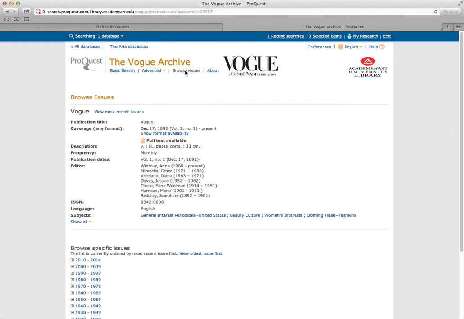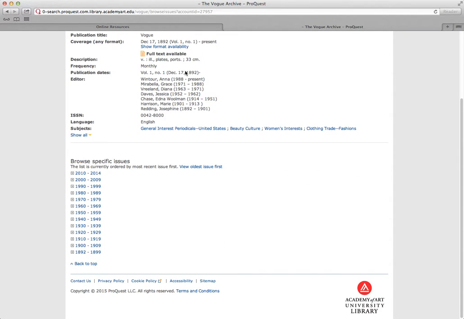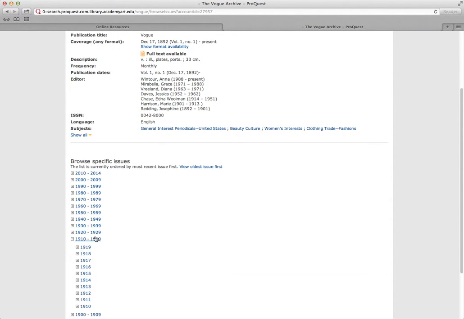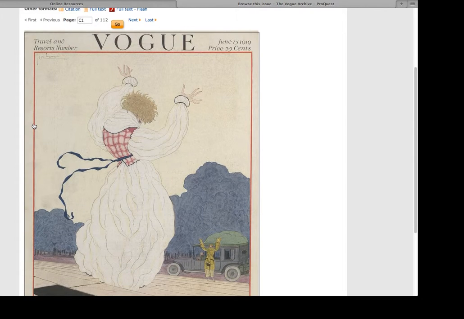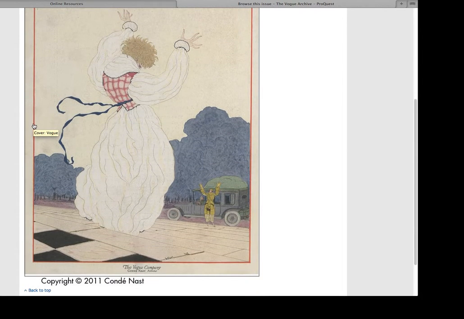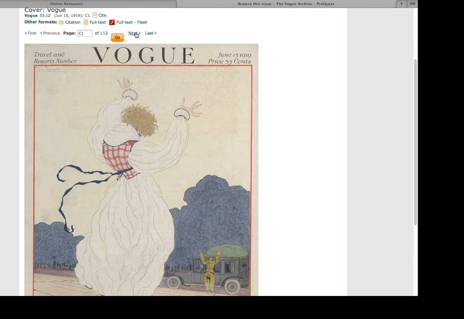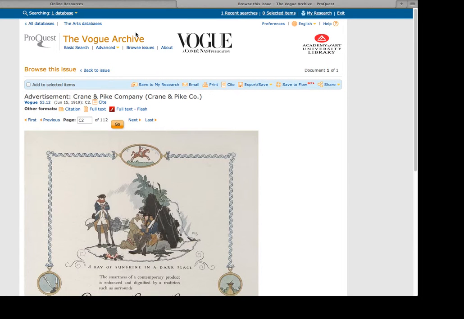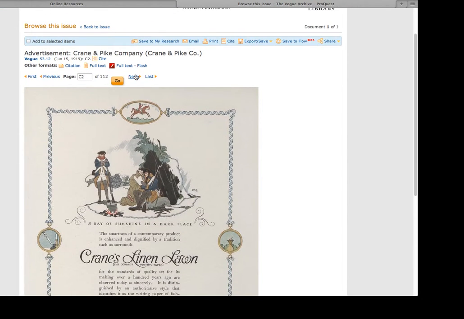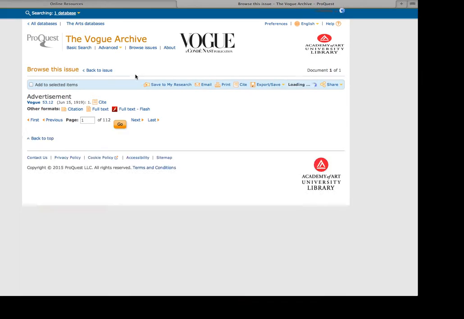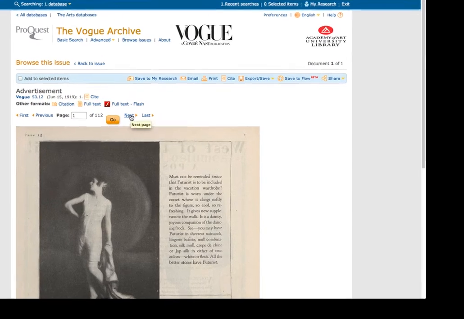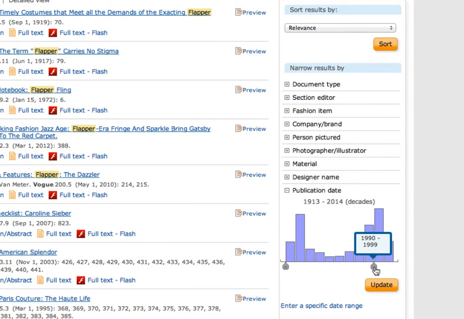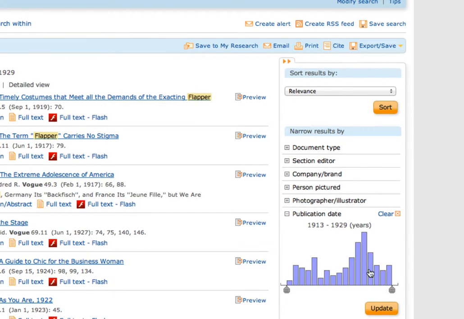To find the images and information you need in Vogue Archive, you have two options. You can browse through full issues. Here, I'm flipping through the June 1919 issue in order to get the full effect of the issue. Or, if you're searching for something specific, you can use the search bar and type in your search terms. In your results, use this bar to select the date to search within. Here, I'm searching between 1918 and 1928. Either way you choose to find your information,